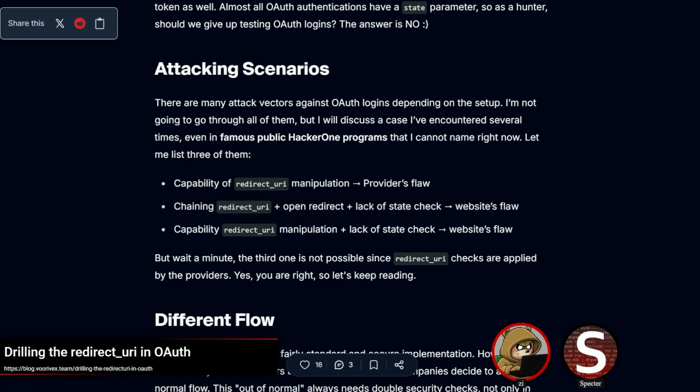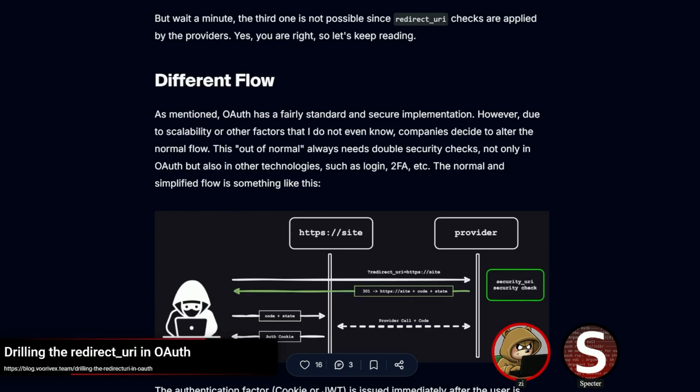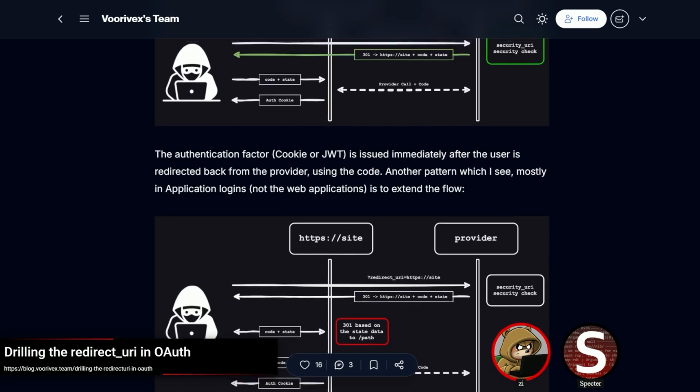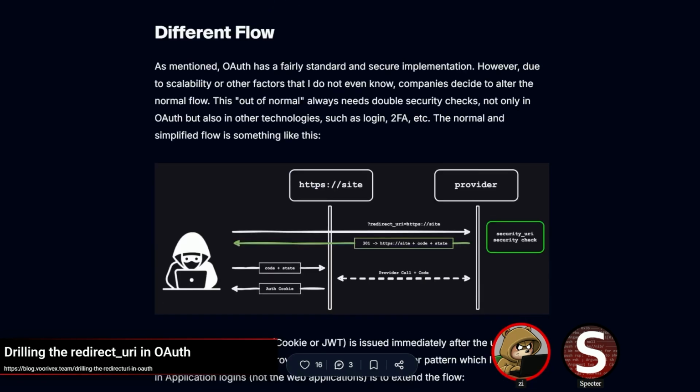And then they kind of make it sound like a lack of state check is going to be, sorry, that's not phrased too well. Ultimately, the bug that they found here is just that the state value was containing a separate redirect URI that their application happened to be redirecting on also, but because the state isn't being checked by the provider, it doesn't have the same security, and of course, when the website doesn't check that, they're able to abuse that as though it were a redirect URI and basically get another redirect.